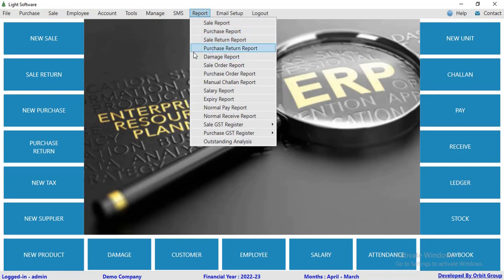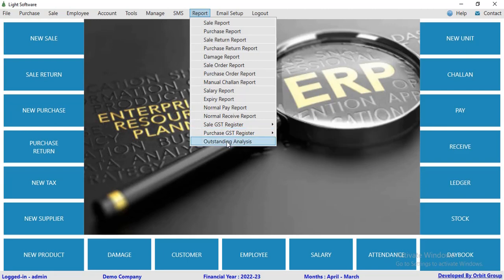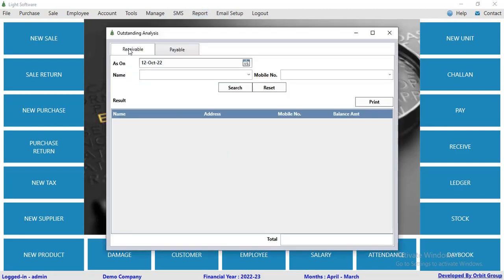purchase return report, damage report, sale order report, purchase order report, manual challan report, salary report, expiry report, normal payment report, normal receive report. You can also generate sale GST register like GST register bill wise, date wise, detailed, and GST register HSN code wise. You can also generate purchase GST register like GST register bill wise, date wise, detail and HSN code wise. You can also check the outstanding analysis, that how much amount you have to